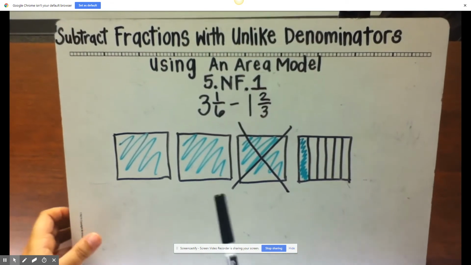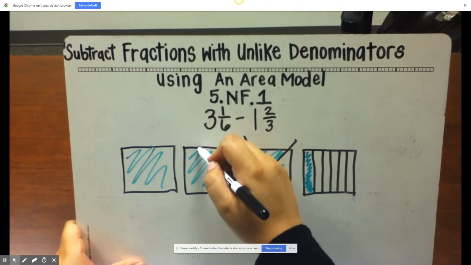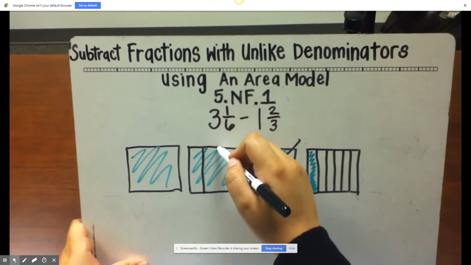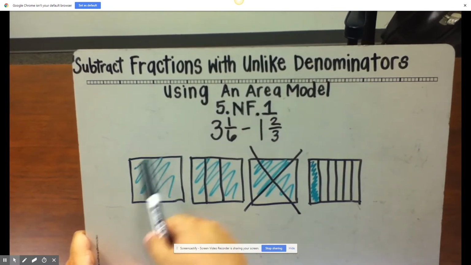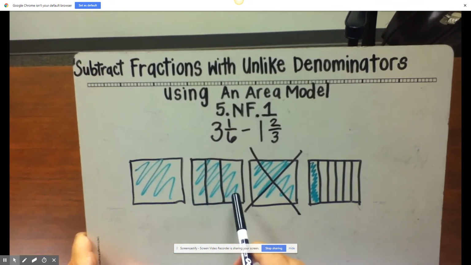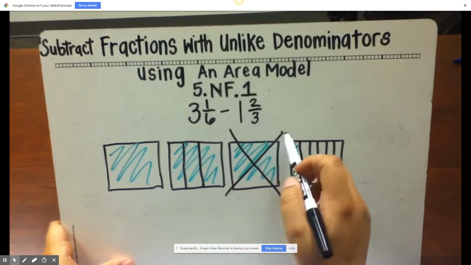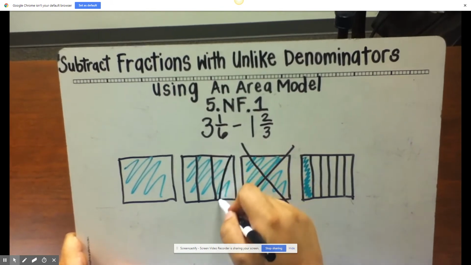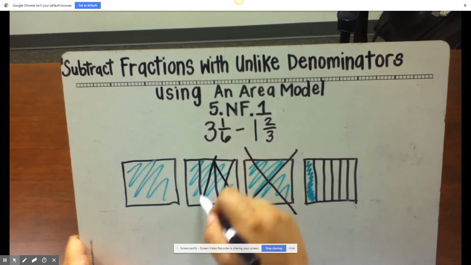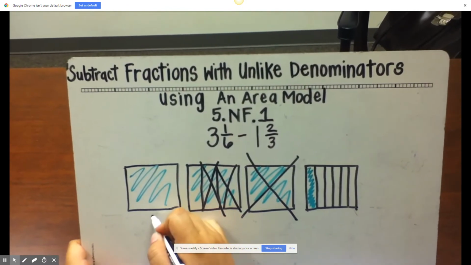And one way I can do that is to take one of the other rectangles I have and break that into 3 equal parts. And so now I have 1 whole left here. This rectangle is broken into 3 equal parts, and I still have that 1/6, which we'll come back to. But here I've crossed out 1 whole, and now from this rectangle I can cross out 2/3. And so I can see what I'm left with is 1 whole,